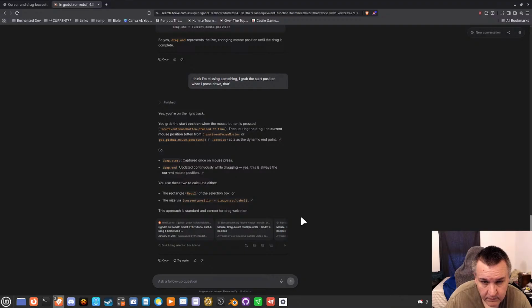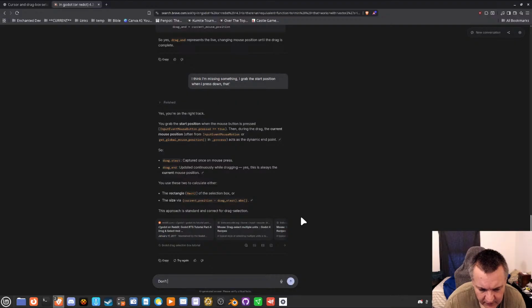For changing the size and position, changing the size of the box, I want to make sure to swap.